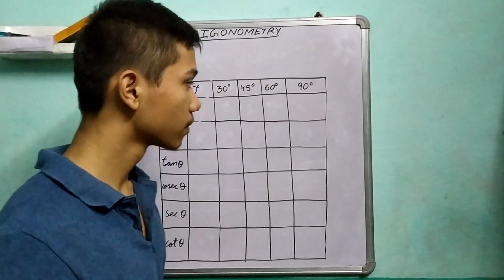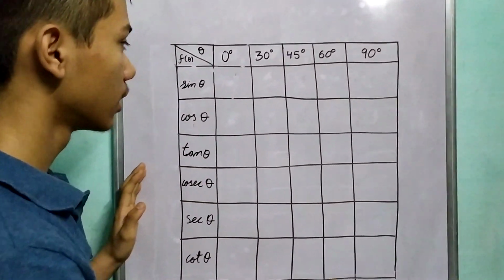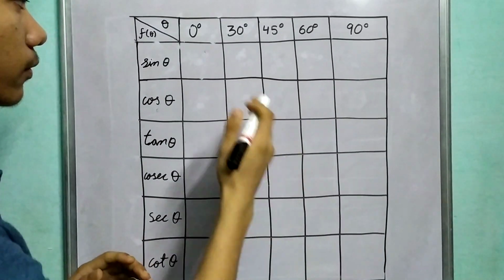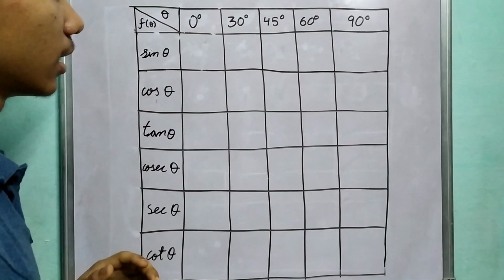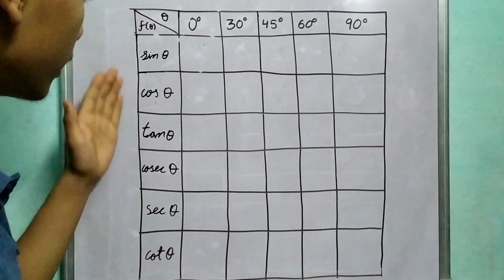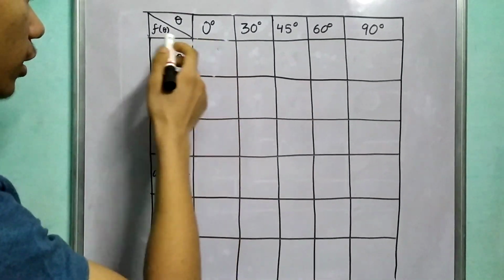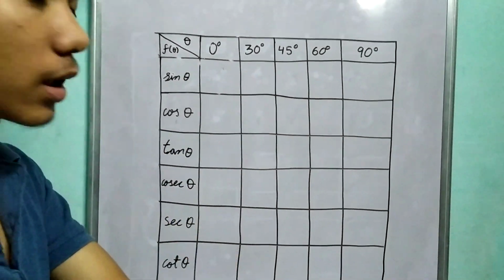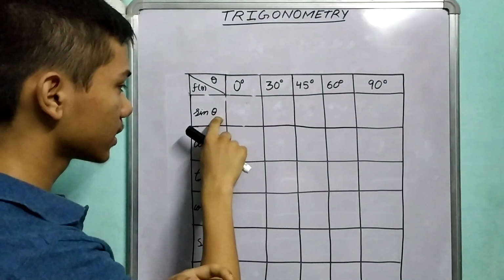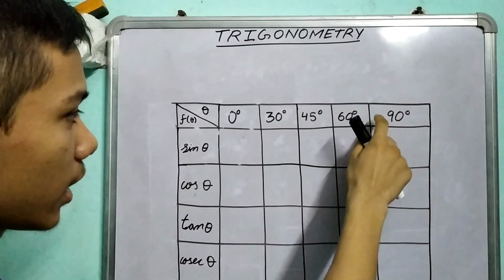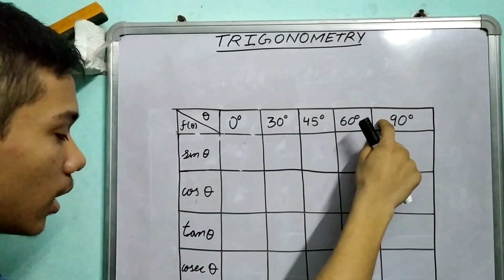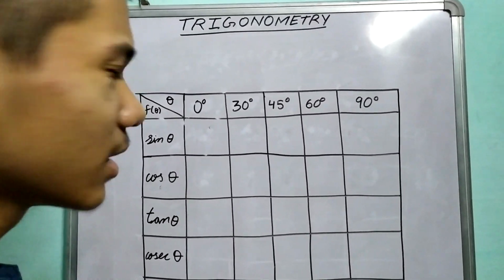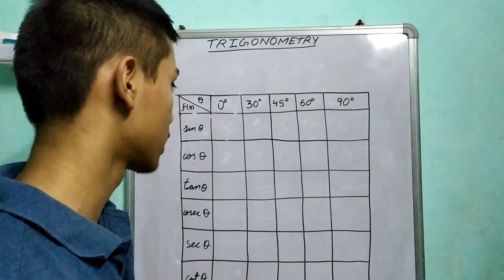What I wanted to do is, look at this table first, okay? Now clearly here are all the thetas, for theta is 0, 30, 45, 60, 90, and on this side we have all the f of theta, meaning functions of theta. So what are functions? I already gave you an intro into functions, right? We plug in a value of x and we'll get some value. We input this value and we will get something. And this is the very basic definition of functions.